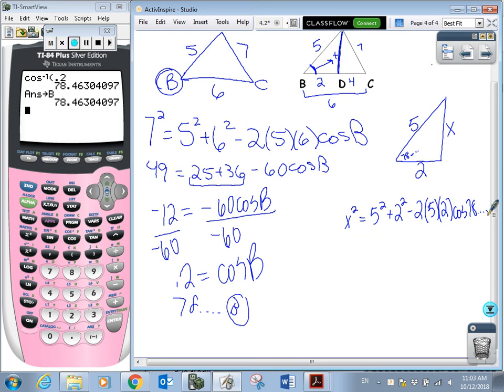So when you type all that in, you should get just 25. So your final answer is 5. Now that looks like, oh, we could have done that without a calculator. You absolutely could not have done the cosine of 78.46304097 in your calculator. That is not a problem that could have been done at all without a calculator. Always have to use it. The only ones you can do without a calculator is if